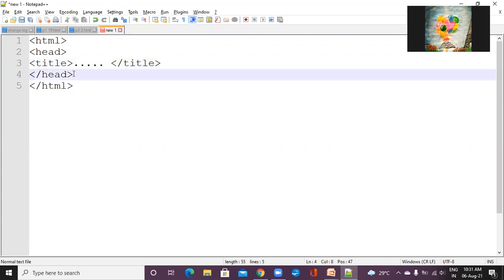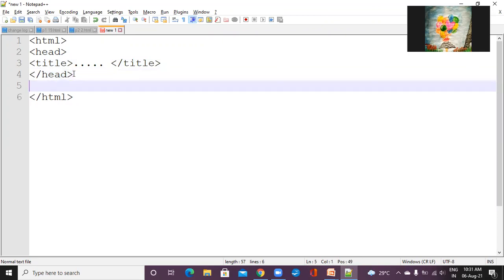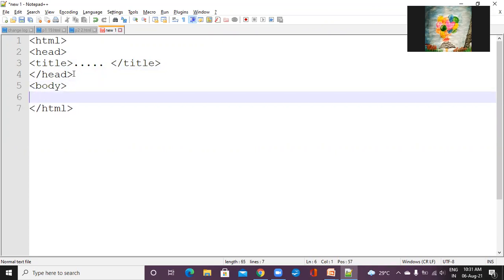This is the head part that is for the top of the page. Now time for the body part. What will happen in the body part? Whatever you write in the body part will be displayed as web page contents. For example, when you open a website, you can see some text, images, videos.